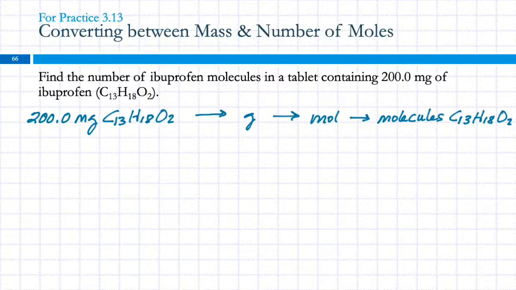Any questions about the path? The path is the key to the whole problem. Once you get that written out, the rest of it should come together pretty easily. So I'm going to write out my equation using my path. So I have 200.0 milligrams,